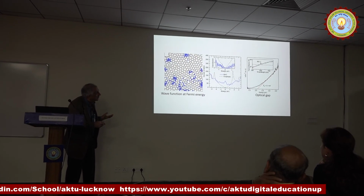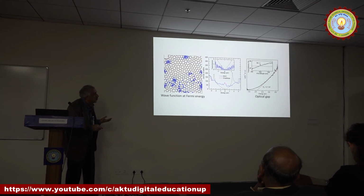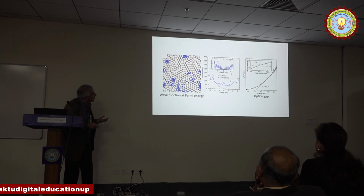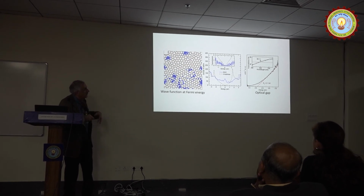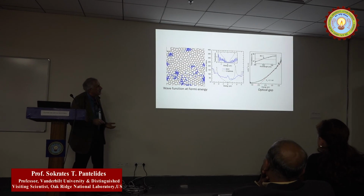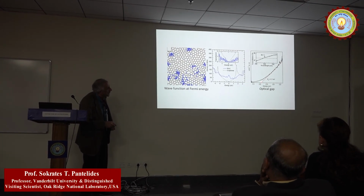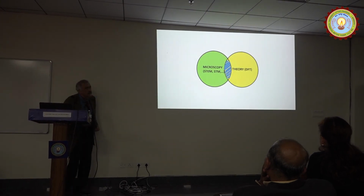But when you go into this material, you find these states that sit around the Dirac point and ruin its conductivity, because the wave functions of these states are not continuous, but they are distributed randomly in this model where you have all these nanocrystallites. Experimentally, the optical gap was measured at 2 eV, and I don't remember what else I have here. And that's my story,